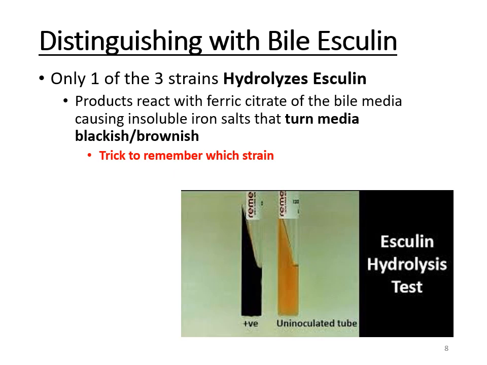faecalis is present, and the reason it changed that color is because E. faecalis is hydrolyzing the esculin. Now there's a trick to remember which of the strains the Bile Esculin test is showing you, and that changed to blackish brown. The trick that I always use is to think of the name E. faecalis. When you hear faecalis, that sounds like fecal, as in poop. So when you see the Bile Esculin test tube turned a dark blackish brownish color, it turned a poop color,